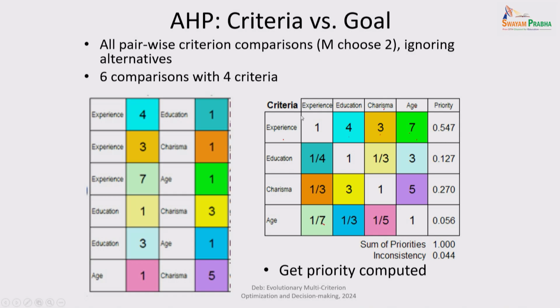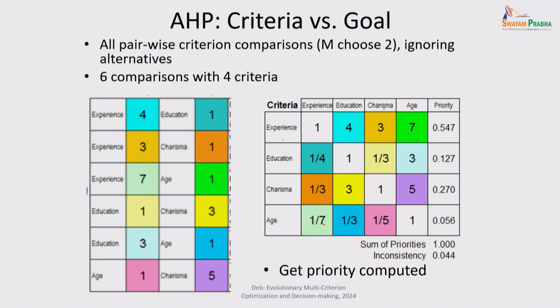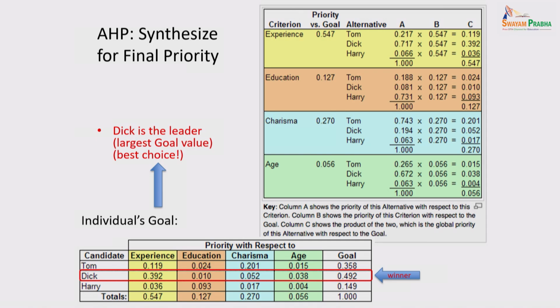Once you got that, you have to go and put n equal to 4 and give this 4x4 matrix here, and it's going to give you this priority. Put them up, and their sum will be 1. Make sense? This you have to do only once. Okay. So now if there are 3 solutions, you did 3 of those before, and now it's 1 for the criteria. Now you are ready to do this big table.